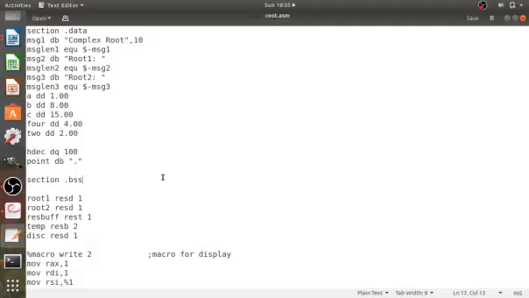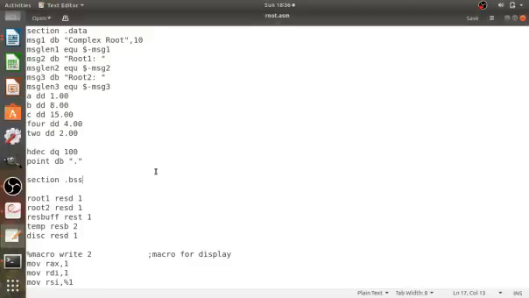In this video we will see how to calculate roots of a quadratic equation by using mathematical instructions or the mathematical coprocessor. The program that we are going to write will be written in assembly language using instructions of 386 and 387. So to find roots of a quadratic equation we need three values.